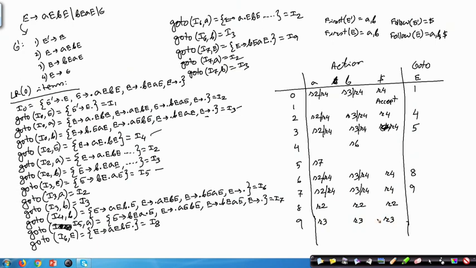Fine. So, this way we can construct the SLR parsing table for this grammar. So, essentially you have to patiently construct these LR0 items, then you have to patiently construct these follow sets, and then the rest of the thing is a bit mechanical. So, you have to look into these individual item sets and see whether you can get the shift or reduce for different actions. So, that can be done. Okay.